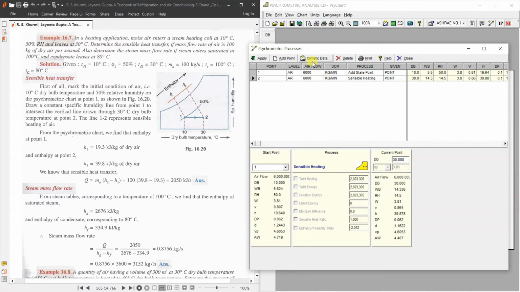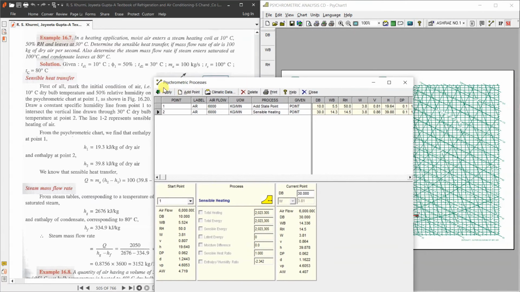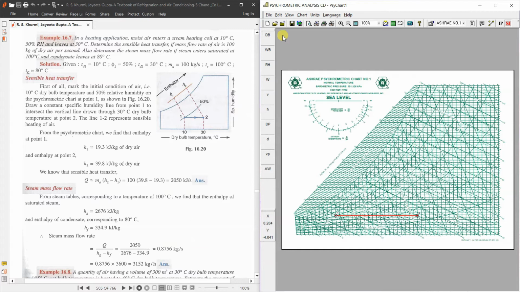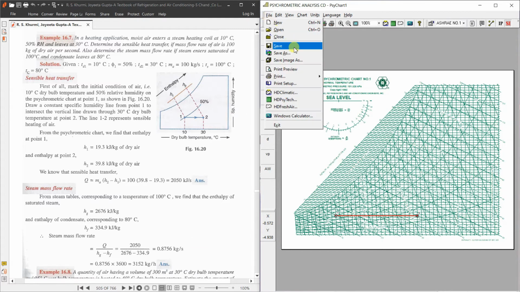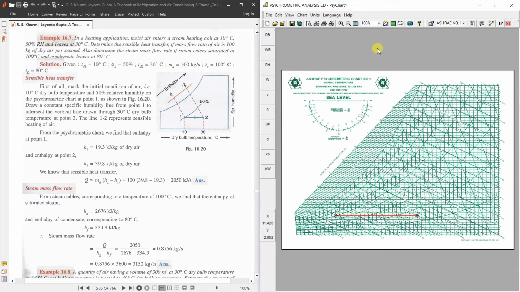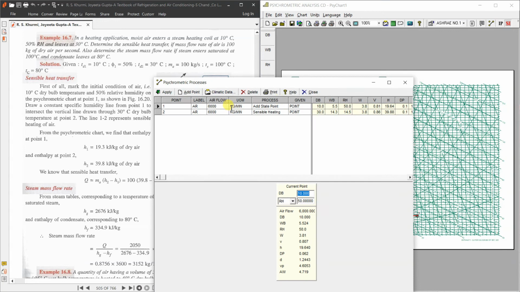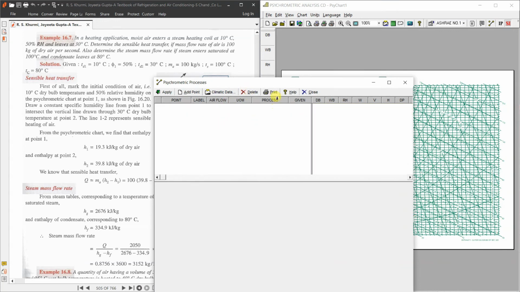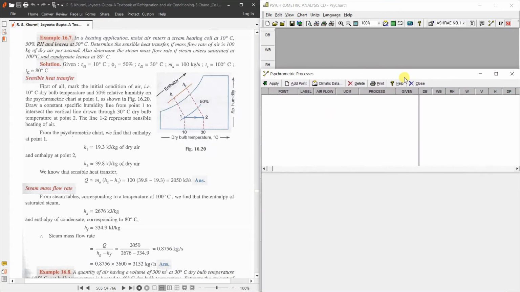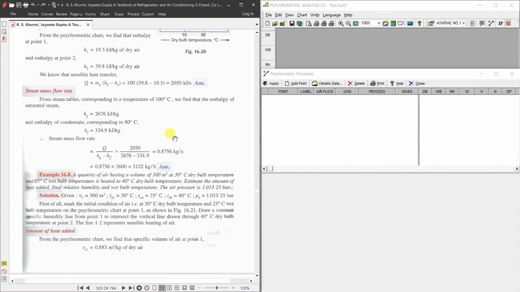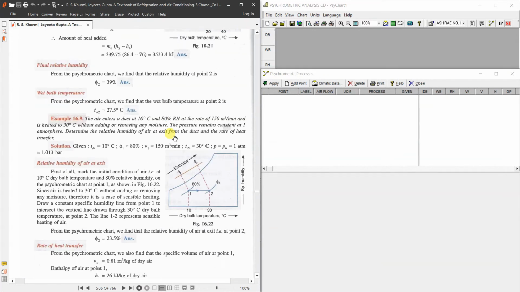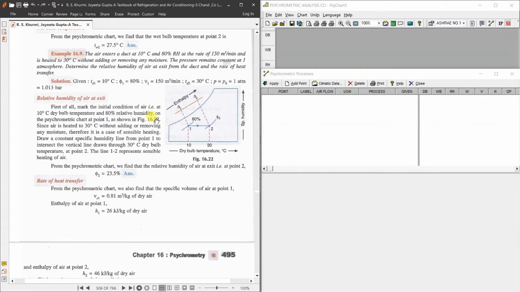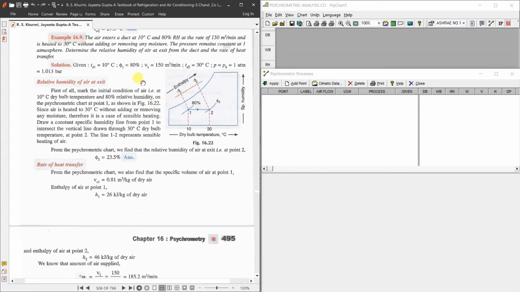Next problem we can see. So you can either save this. Okay, you can close this. You can click on file, save as, and give the name and save the project. Okay, now we will go to the next problem. So I'll delete the original points which I have written over here. Okay, now we will go to the next problem. So we can solve this problem now.